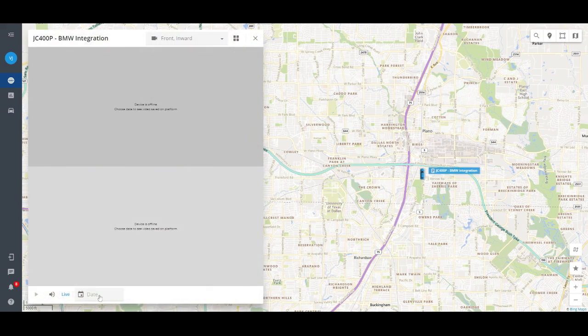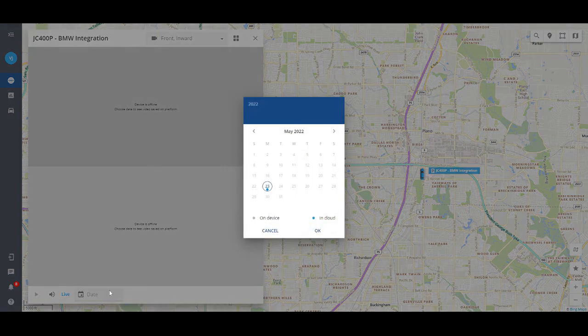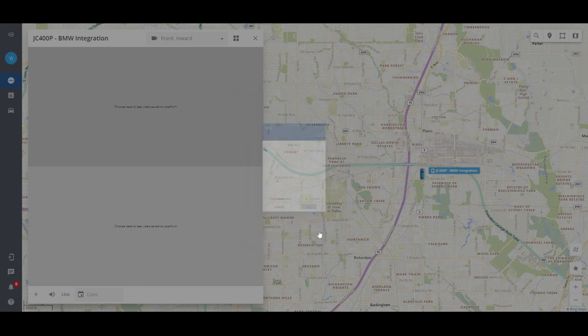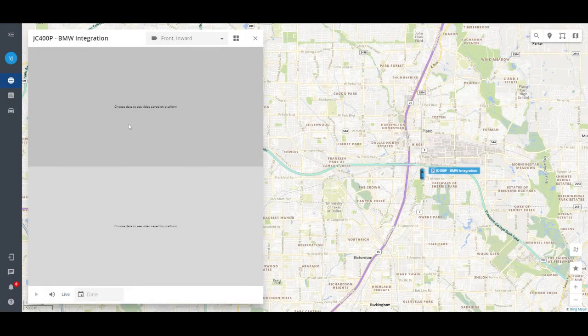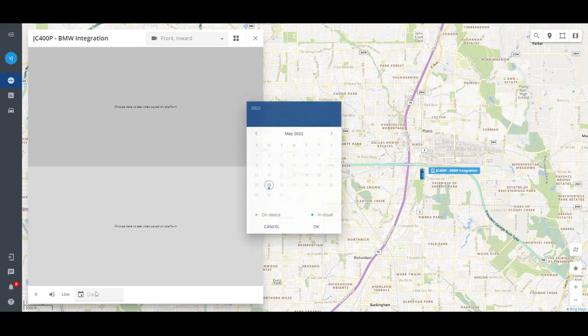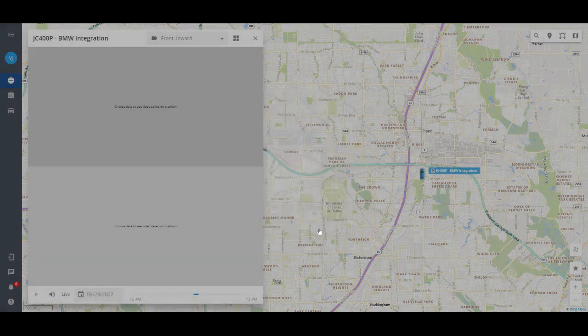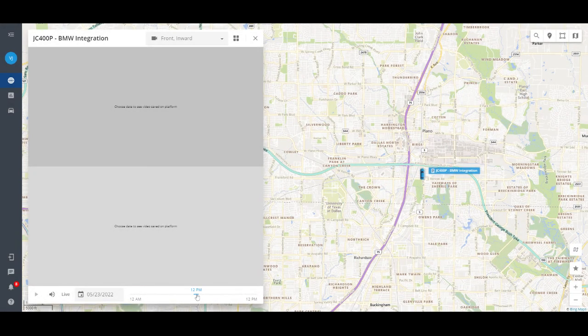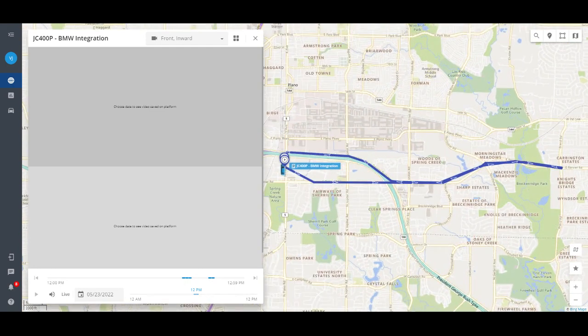All right, and we're actually going to see some history. So we're going to click on date. Here is history from today, which is May 23rd. We just go ahead and click OK. And then it takes a little bit of time for the data to load. Once the data loads, you're going to see some of these different